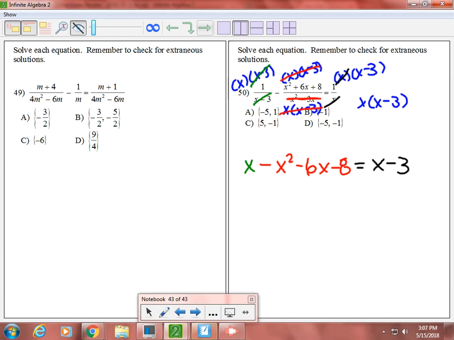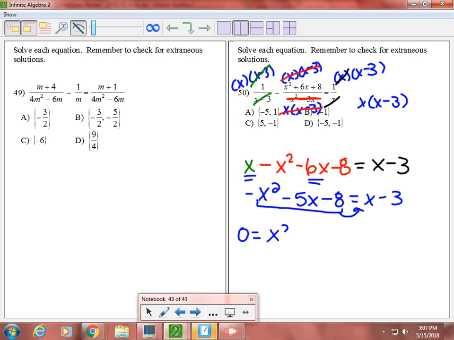So now I'm going to combine everything and put it together as much as I can. So I have negative x squared. These are going to go together to give me negative 5x minus 8 and x minus 3. So what I'm going to do is take all of this to the other side because I'd rather work with a positive number. So then I have 0 equals positive x squared. When I add 5x to this, I get plus 6x. When I add 8, I'm going to get a positive 5